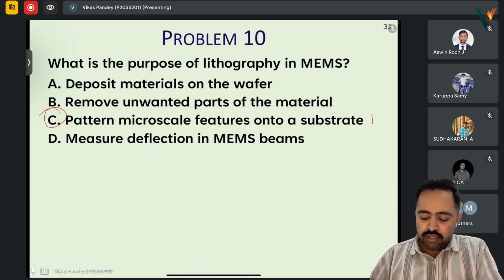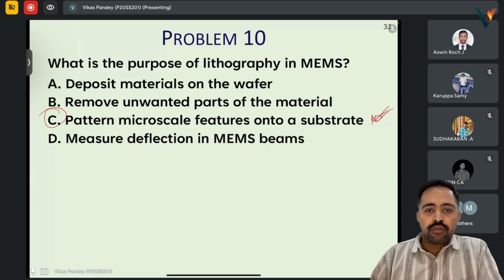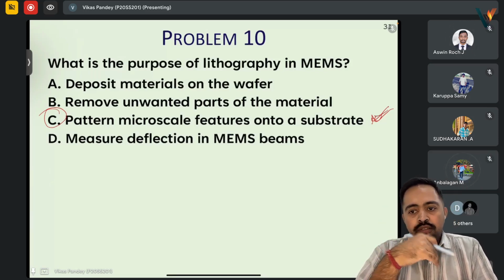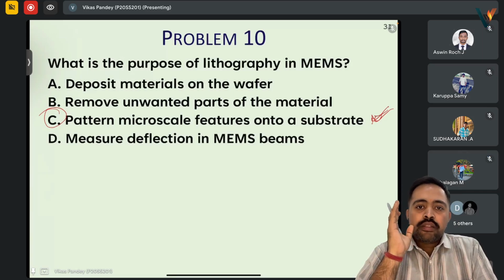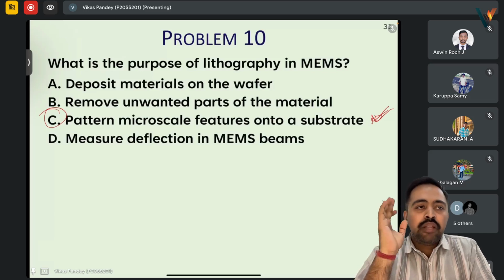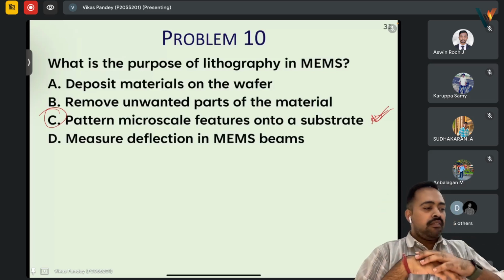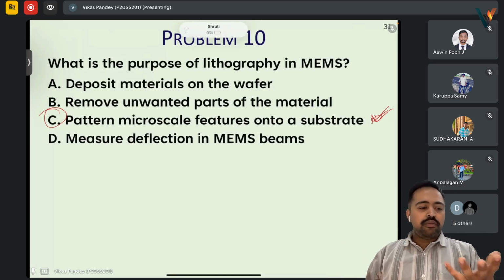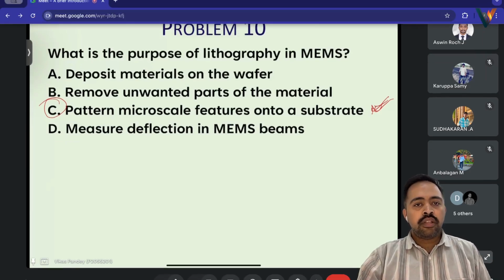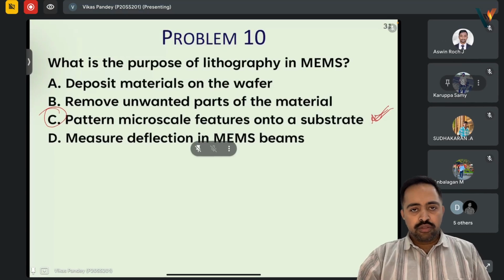Okay. So it's used to pattern, and patterning is the main part because anyone can fill the whole substrate with anything, but patterning is an issue because